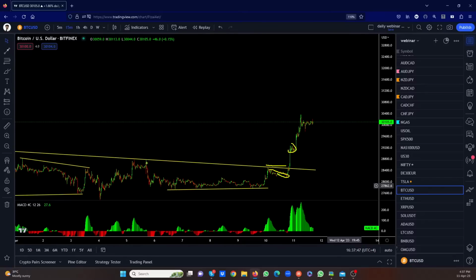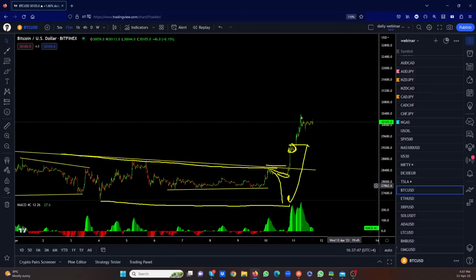You might miss this one because you're in this structure, and that structure looks like it's going to come here. So you probably think that it can come here, and that is normal. This is the pullback you're waiting for, but then you can get this one if you want. Here is what you have. You see this is going slow. It probably will do something like this, make a flag, and then go one more. But these are short trades. You have to get in and get out really fast.